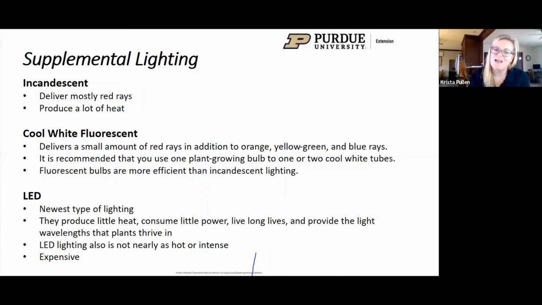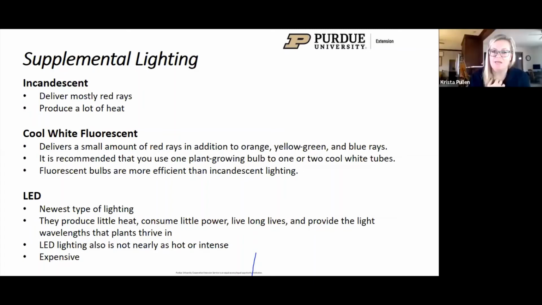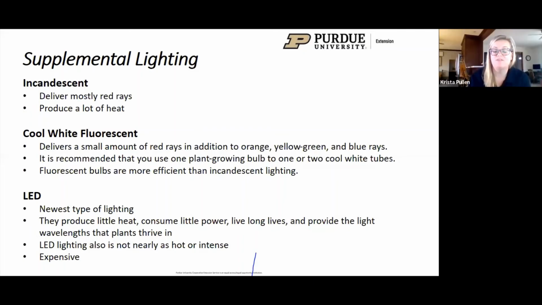Now, this makes it probably one of the poorer choices for your grow light system. These lights produce a lot of heat, and that heat can end up burning your plants if they're too close. So if they must be used, it's important to keep those lights at a good distance from the plants, and unfortunately, that does reduce the amount of light that your plants are going